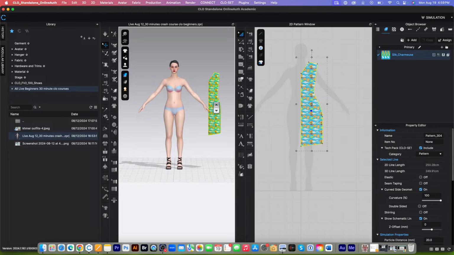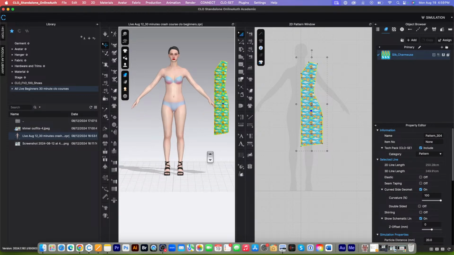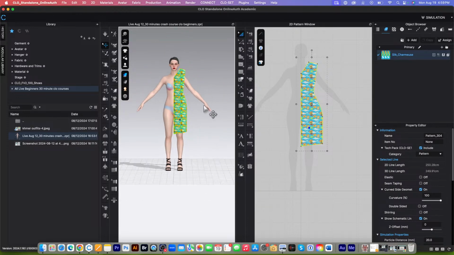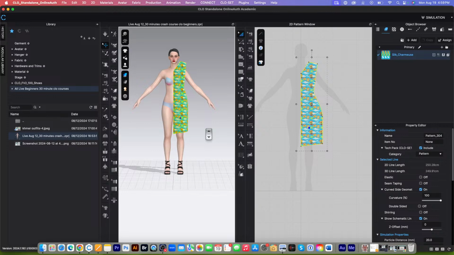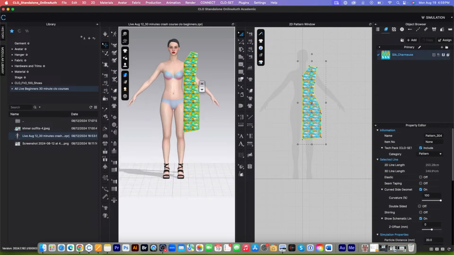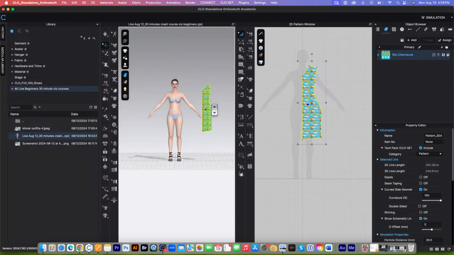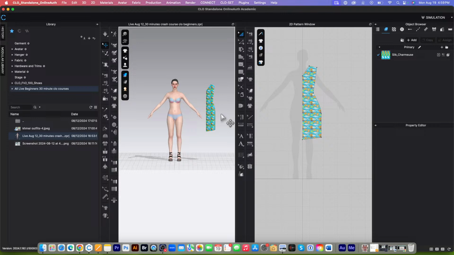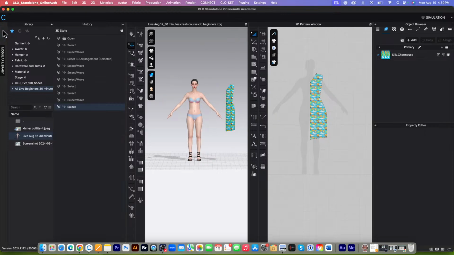So next, I have another question from a viewer, guys. This one here: how can this pattern appear onto the avatar without doing anything? Let's say, for example, when I first create this pattern, let's delete this pattern for now. And let's say I'm going to press Command or Control plus Z to undo first. Let's snapshot this. So we are going to use this history tab here to